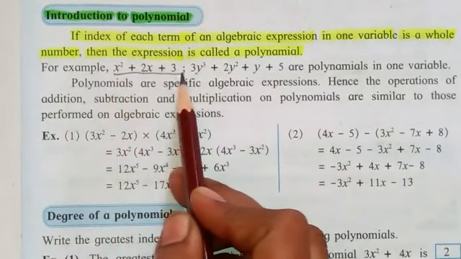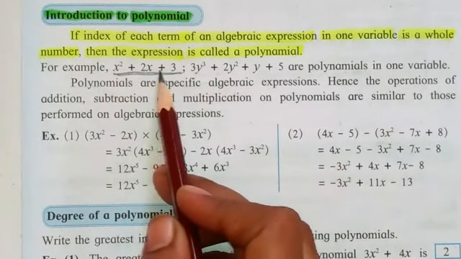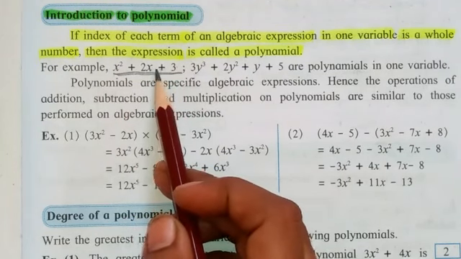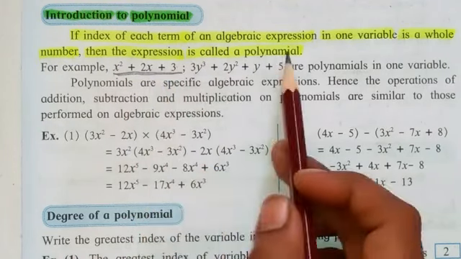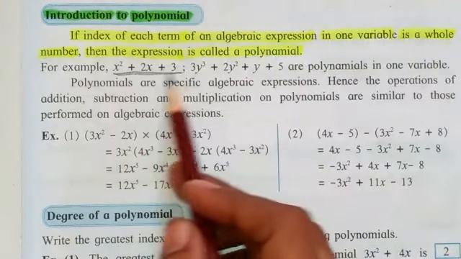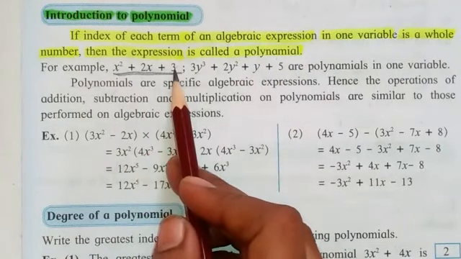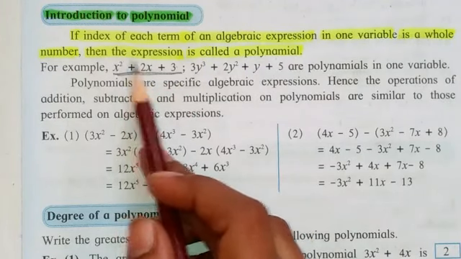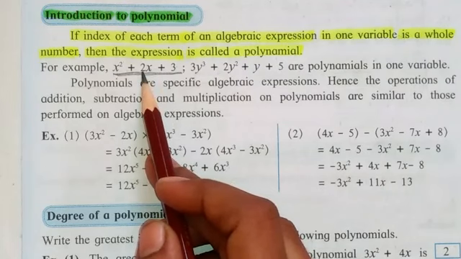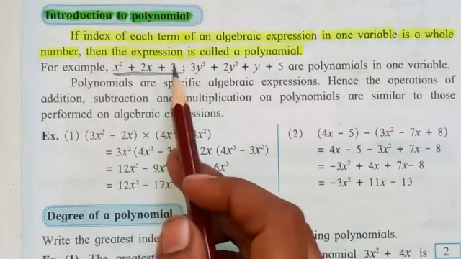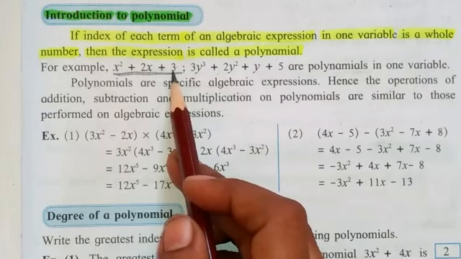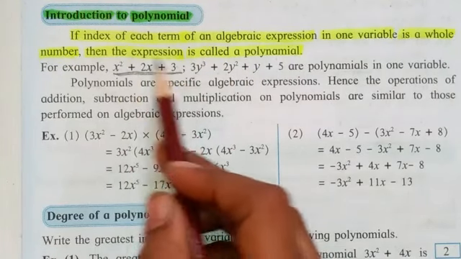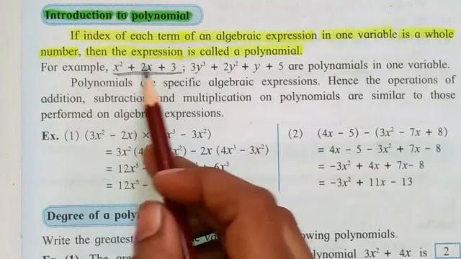Suppose this is one of the expressions. As three terms are given combined, we can also call it a trinomial or even a polynomial. But in this case, each term has the same variable. Here x square is there. Here 2x, it means 2 is the coefficient and x is a variable. Here 3 is only given, so 3 is a coefficient, a variable is not there. It means that in this full algebraic expression, there is only one common variable,